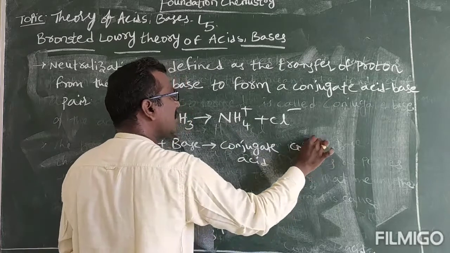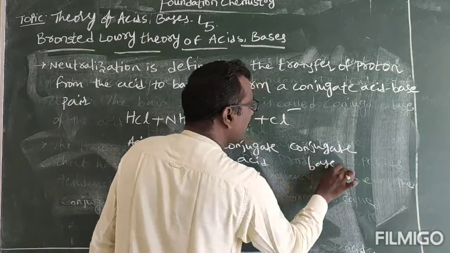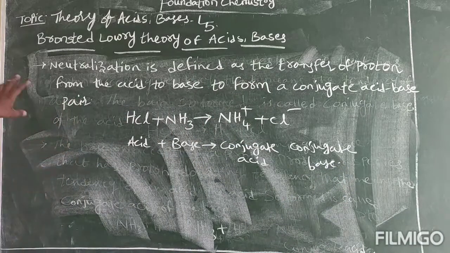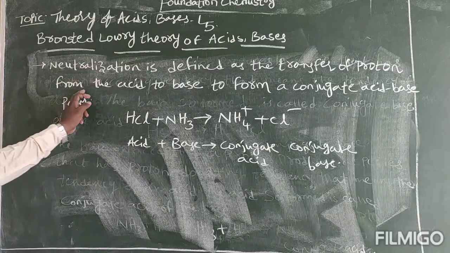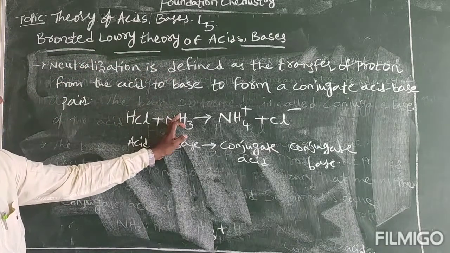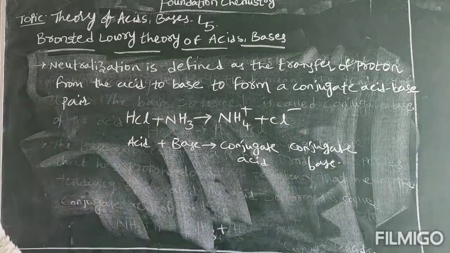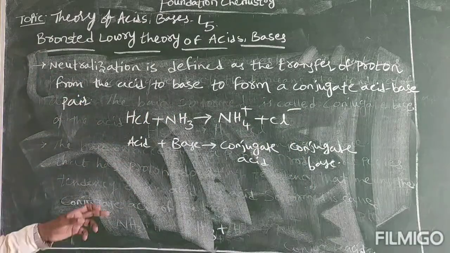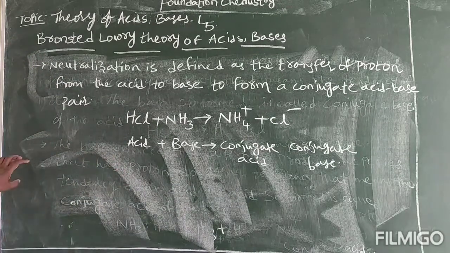And what is this conjugate base? Okay. So this is called neutralization. So neutralization is defined as the transfer of proton from the acid to base to form a conjugate acid and a conjugate base. So this total theory is based upon the proton transfer, this is also called